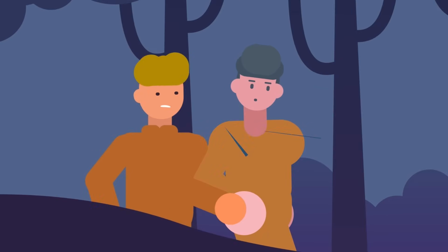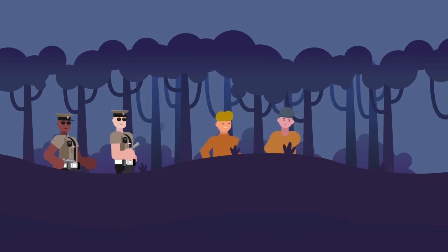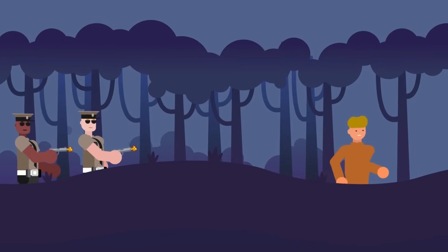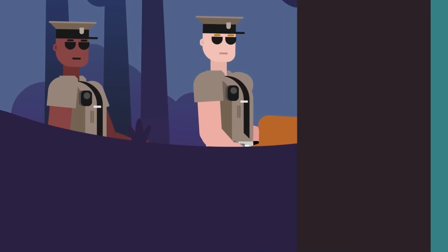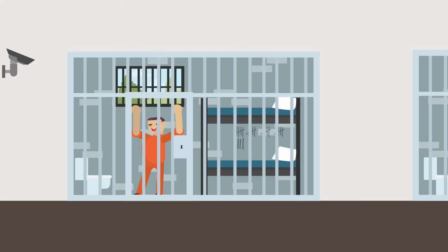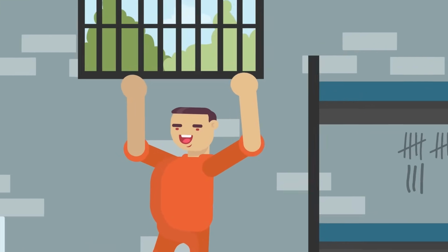The escape had been compared to the one in the movie The Shawshank Redemption, but it ended badly after a massive manhunt resulted in Matt being shot and killed by U.S. Border Patrol and Sweat being shot and then sent back to prison. Number 7. Tight fit. This is the story of a man nicknamed the Korean Houdini, and we very much doubt